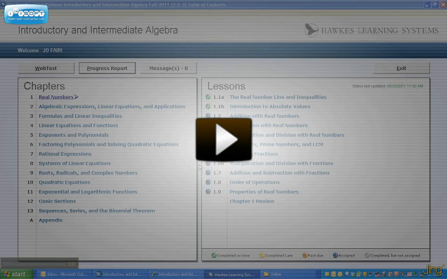Okay, so there's kind of 3 areas here. This progress report is first just going to be kind of your grades, and so this is mine. I didn't do very good. I bombed my syllabus quiz, so don't look too closely at my grades. But